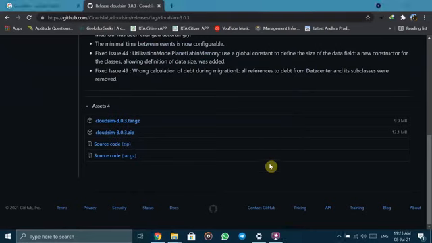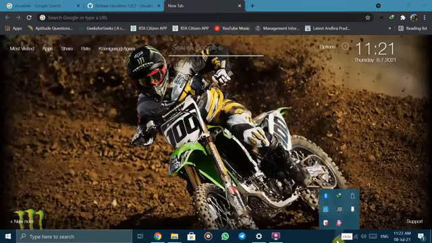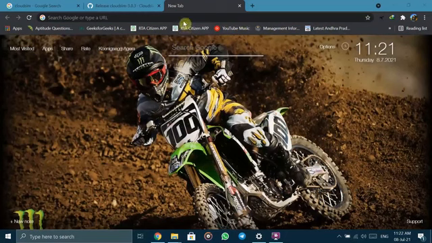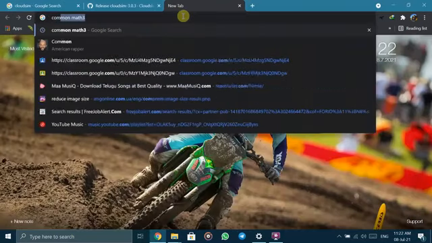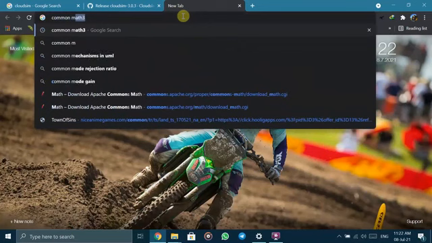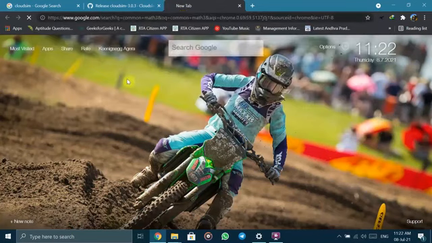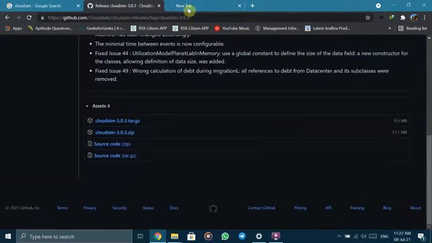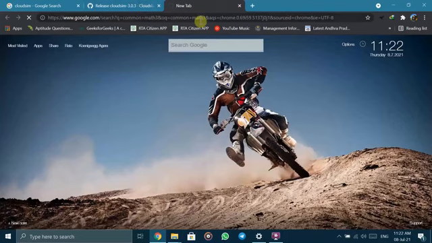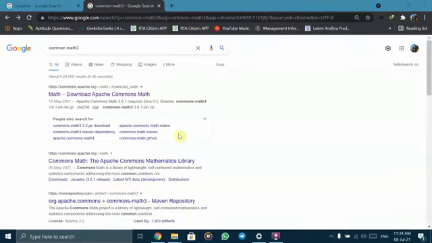After downloading, now we are going to download Commons Math3 jar file. Type commons math.